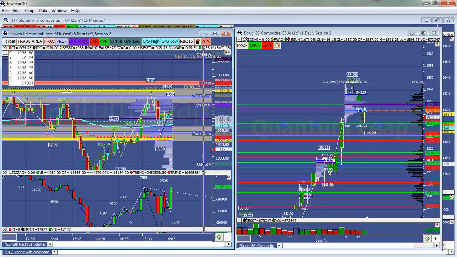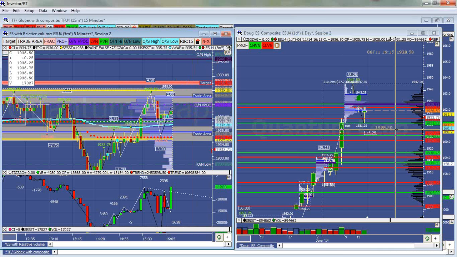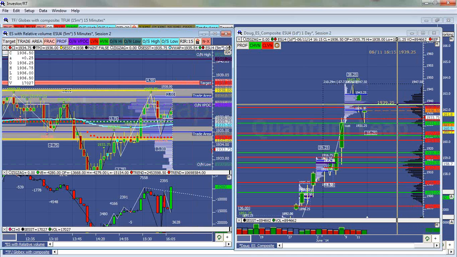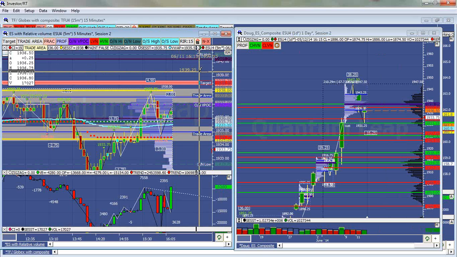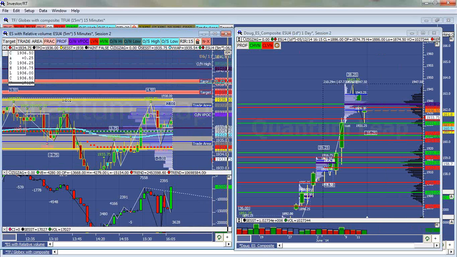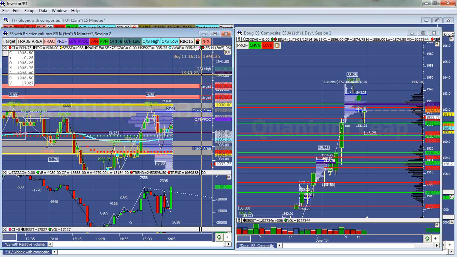I don't think 38 is going to hold. I think the first spot where you'll find real responsive sellers, if they don't hold inside of value, is at this 38.50. And then above 38.50, you've got 39 and a quarter as the most accepted price of the microcomposite, the 4-day microcomposite. So you've got 39 and a quarter, and you've got 40 and a quarter naked VPOC, and this was already tested overnight. It's the same VPOC that was 47.50, but